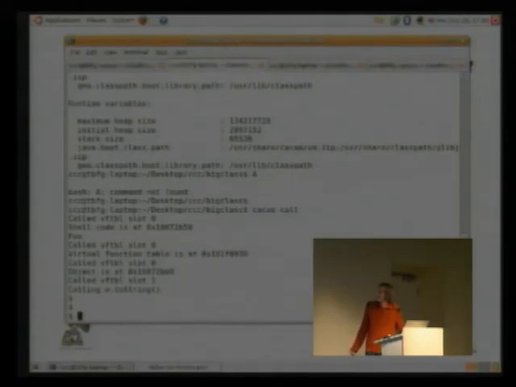This may not look like an interesting thing because you can just fork off a shell from within Java code. But the idea is that if you use this in